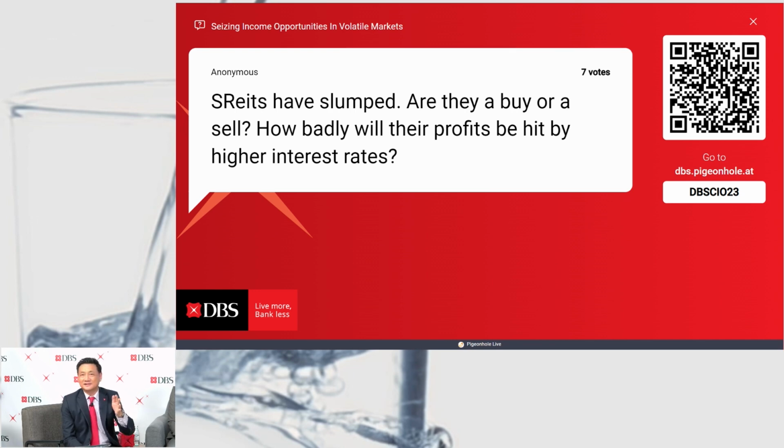Unlike US REITs, in the area of commercial REIT particularly, Singapore's REIT market is a lot different than that in the US. The occupancy rates in the commercial sector, in particular the grade A offices, still remains very, very high. So, in the construct of REITs in the income part of the portfolio, we would advocate that you hold on to commercial REITs, the high end of it. We also advocate for a spread across hospitality, retail, as well as industrial.